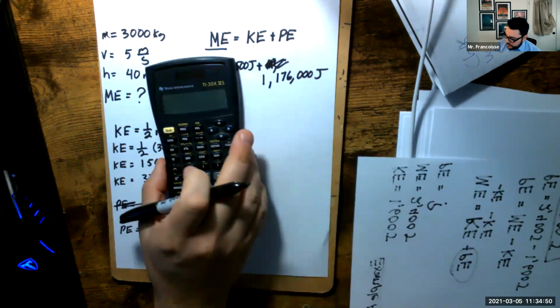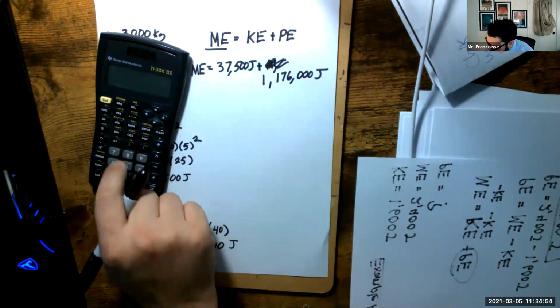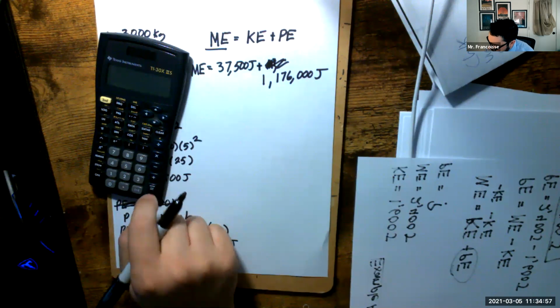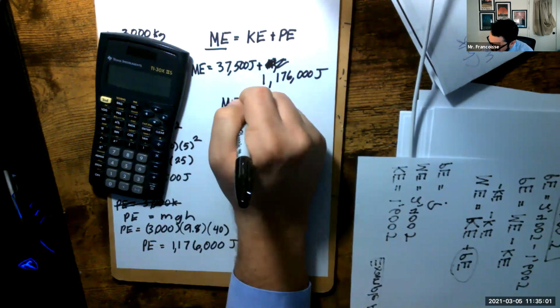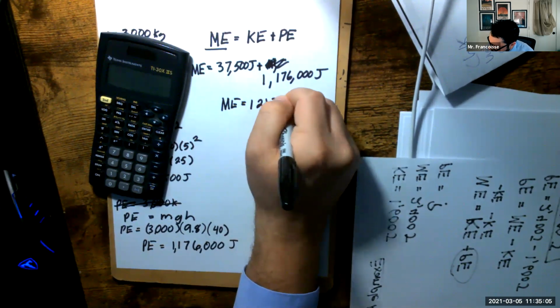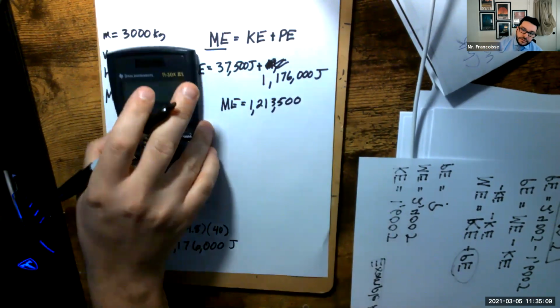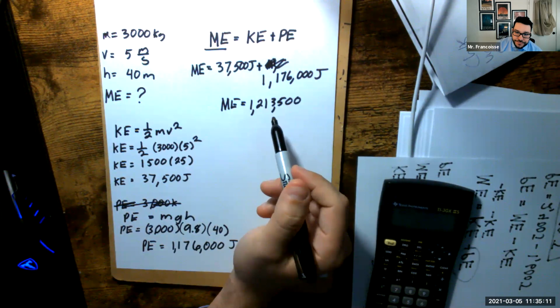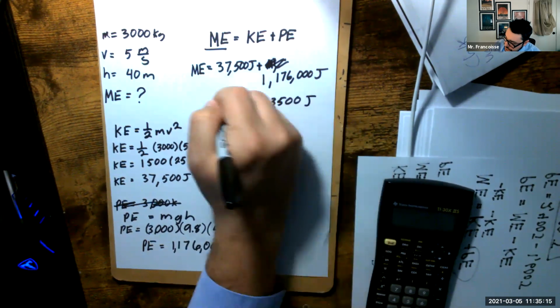And then we can just add, we already have the number in our calculator. So we should get a total mechanical energy of 1... So a little over 1 million. So when we're talking about this in our unit, would be